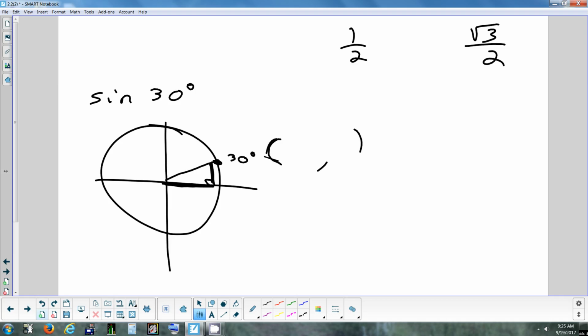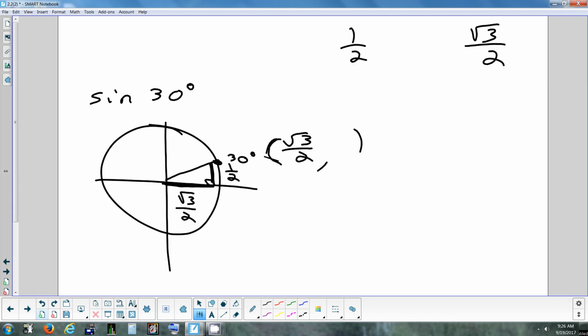So the long side, I said earlier, is always which one of those numbers? That's always the root 3 over 2. And the short side, well, that's always your 1/2. So if you draw your triangle, somewhat accurately, now I can see that x is the long side, root 3 over 2. So always do the long side first,